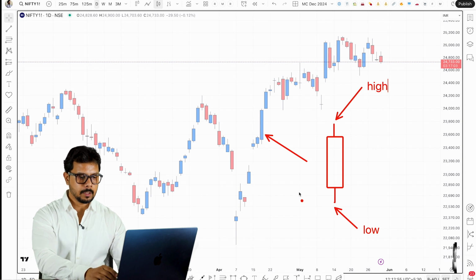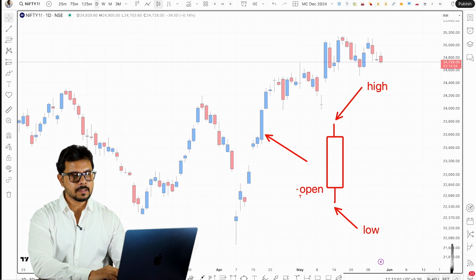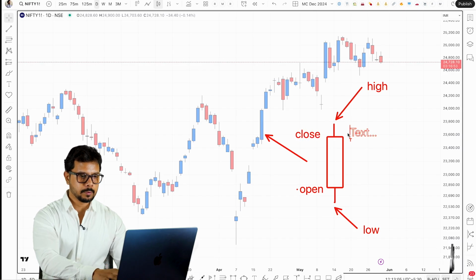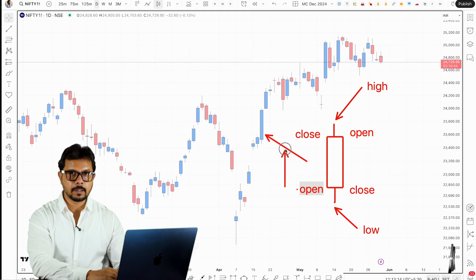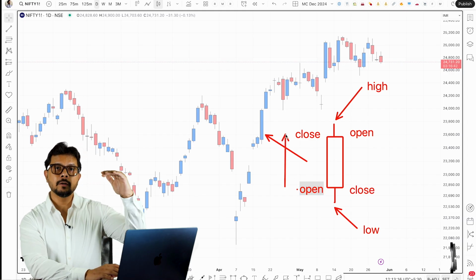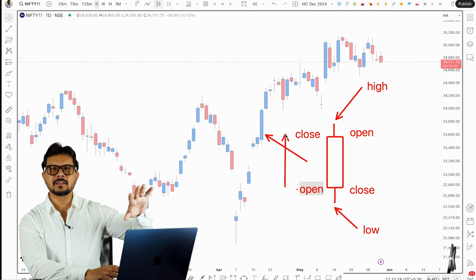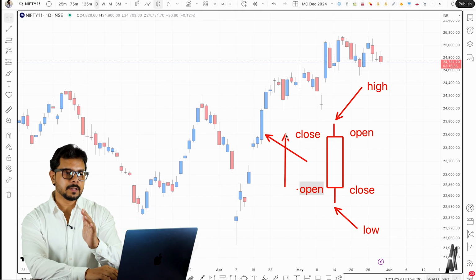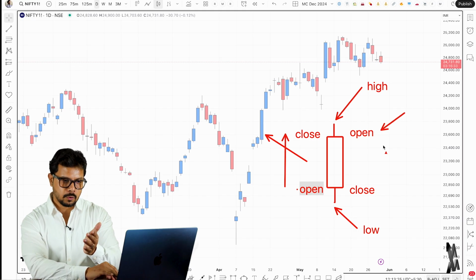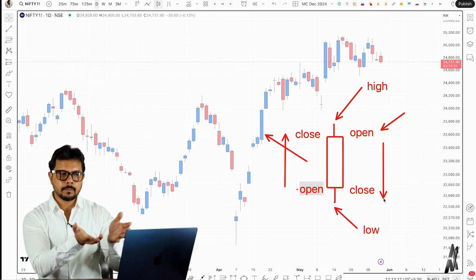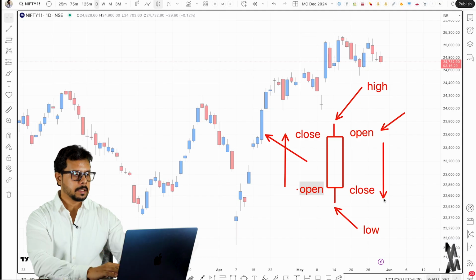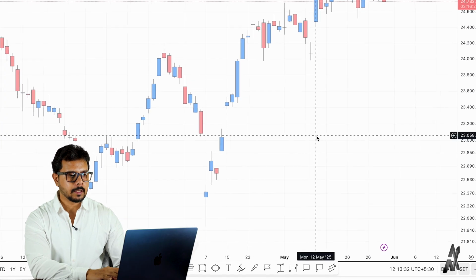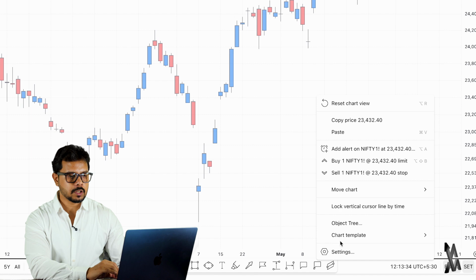The open can be over here. If this is the open, then the top will be close. Or if the top is the open, the down over here is the close. If the market opened and went up, closed higher, then the body becomes positive. That is a green body, blue body, or a white body. On the other hand, if the open is higher and the close is lower, it fell, then the body is red. Now, if you allow me, I'll show you that if I go to the settings of this chart